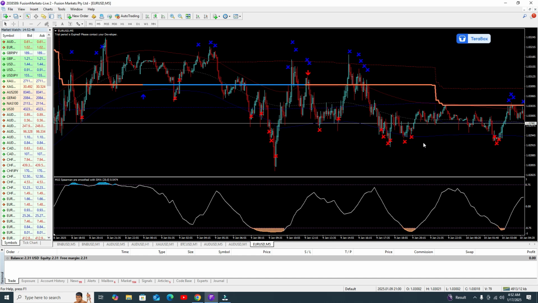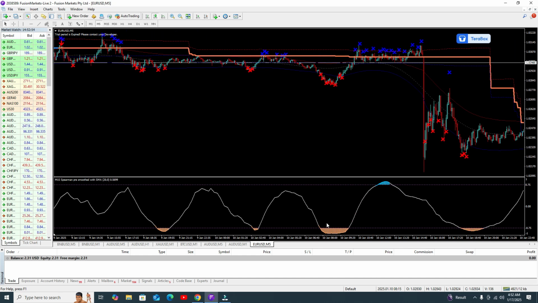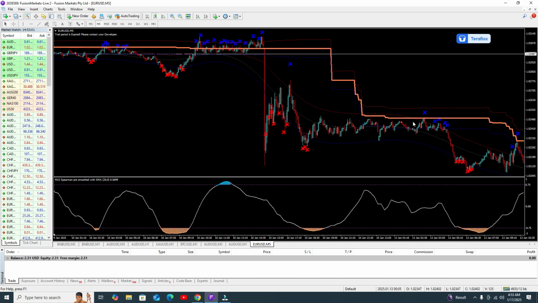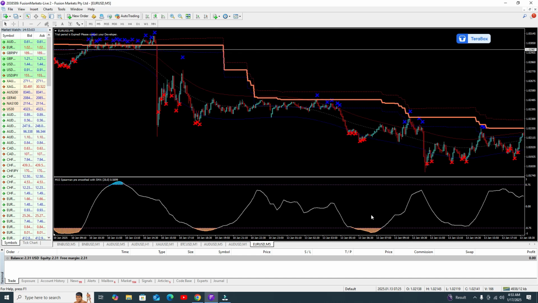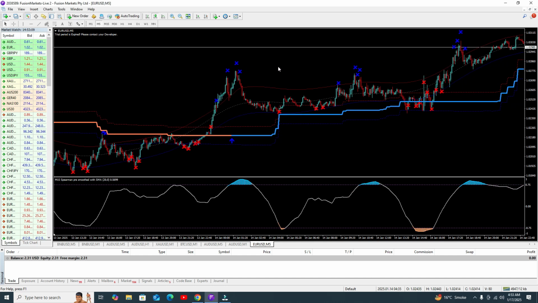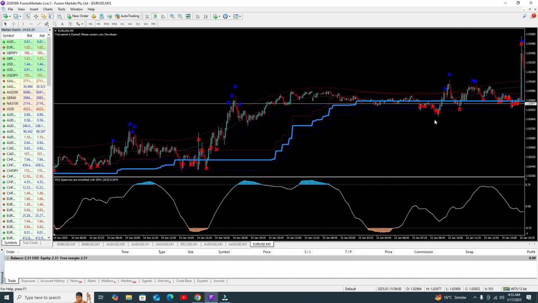Now here you can see a profitable trade. Here you can see a buy signal, profitable. Now this one, and you can see the market goes downside, amazing. Now this one, book your profit here. Now this one, go to the buy trade, book your profit here. Now this one, you can go for the sell trade, book your profit. Buy trade, book your profit. Sell trade, and you need to book your profit here.